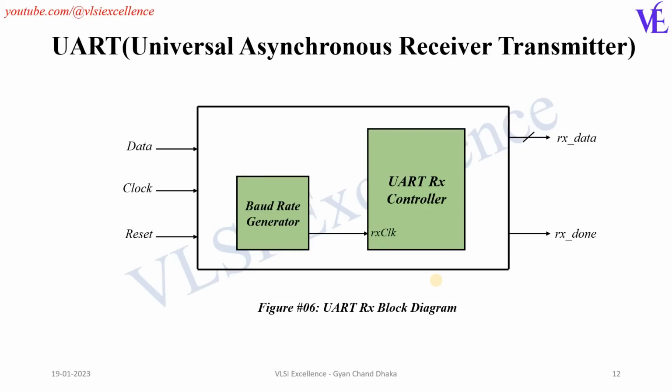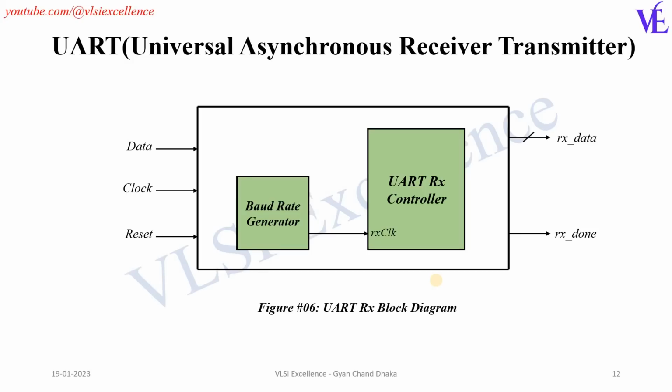Here is the UART receiver block diagram. Again, it also has the 2 major block components. One is the baud rate generator. It will again generate a baud rate which is similar to the UART transmitter baud rate, and then this